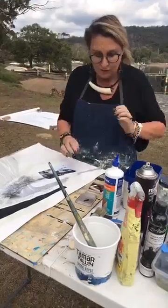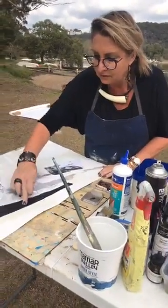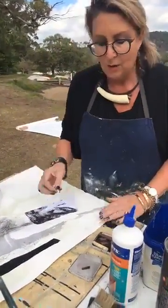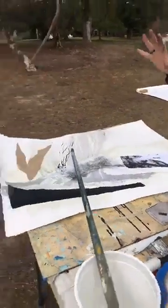Now, the thing about the black, look, I failed. There's bubbles in there. The thing about the black is when you've got a...